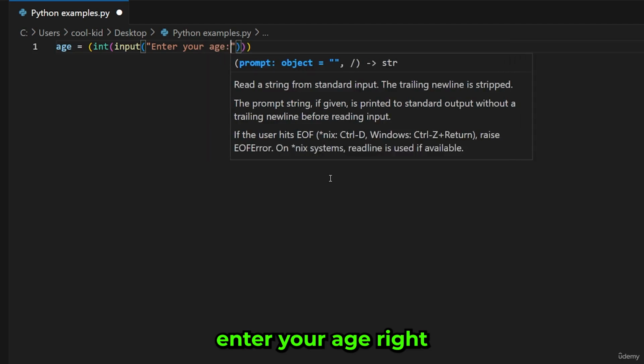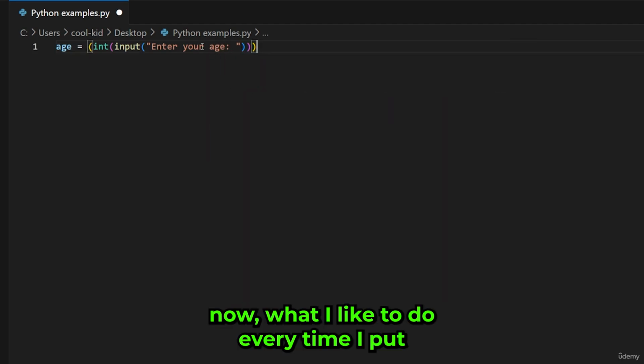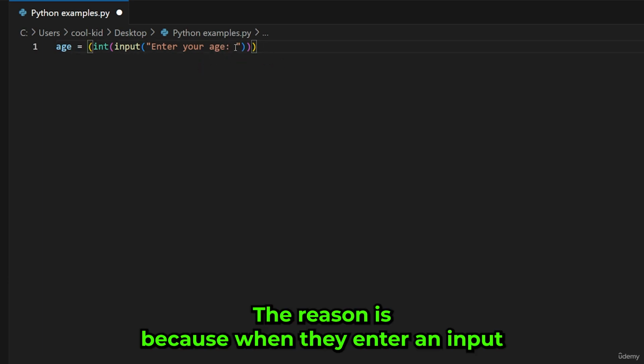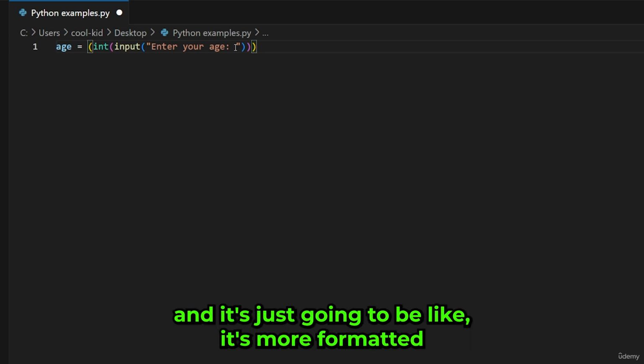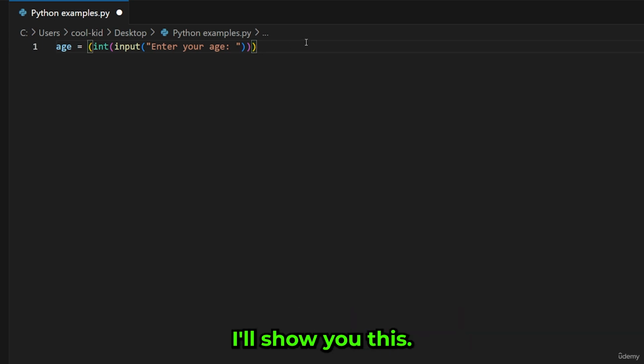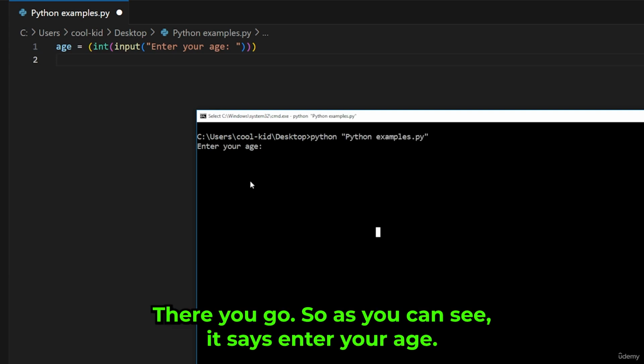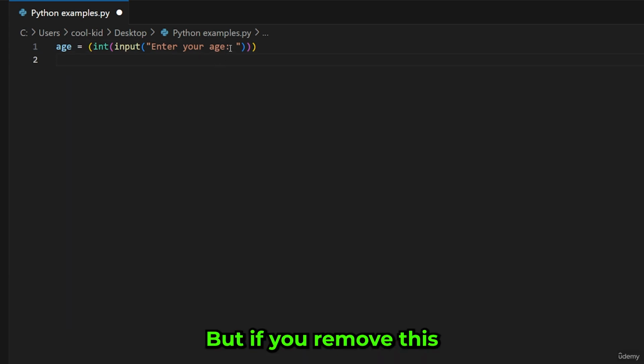Every time I put an input, what I like to do is put a colon, and then a space. The reason is that when I enter an input, it's more nicely formatted. I'll show you this right now. If I just run this, there you go. As you can see, it says enter your age. But if you remove this,